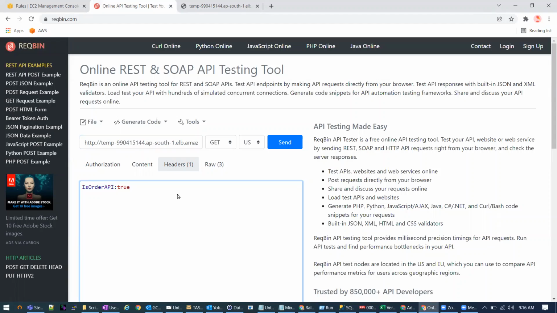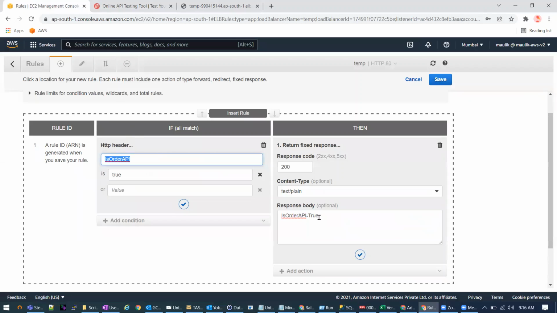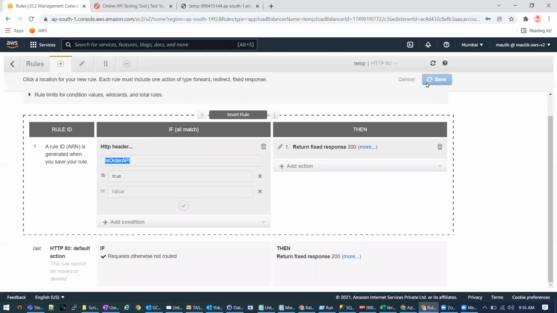Maybe I am calling this API with different parameters, but in this load balancer I want to put the condition that if the header in this API, order API, has the value true, then I want to divert the traffic to this particular target group. In that case, this kind of rule is useful.